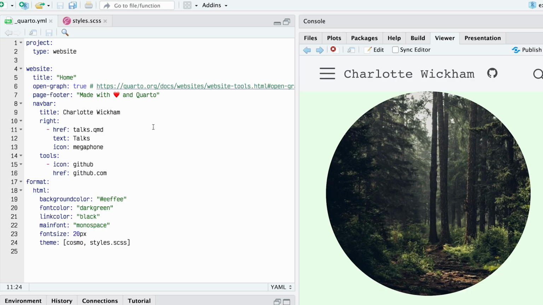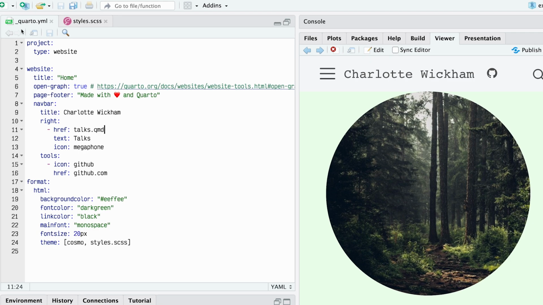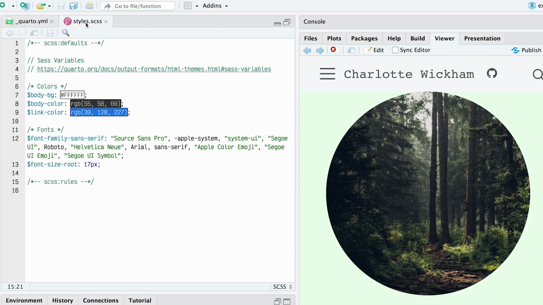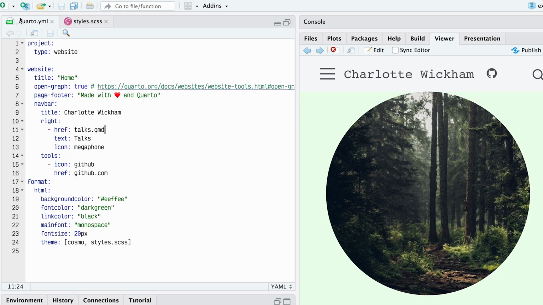All right, now we're back at the website we've been working on so far, and we're going to try to apply what we learned to our style sheet. Here we have the Trello YAML file that has everything we need, and we also have our styles SCSS file. Before we move on, we noted that we have some styling happening down below.